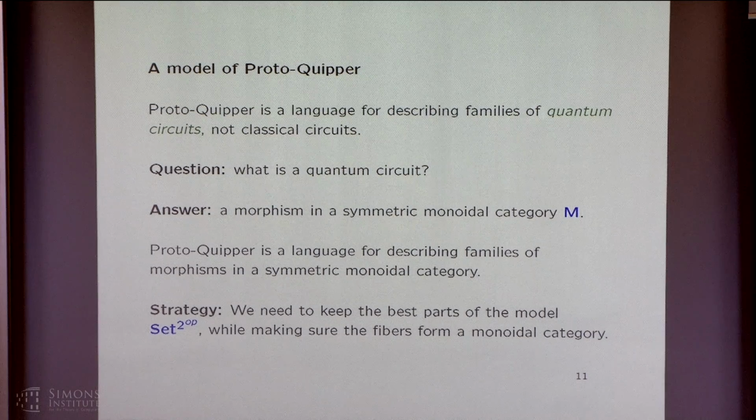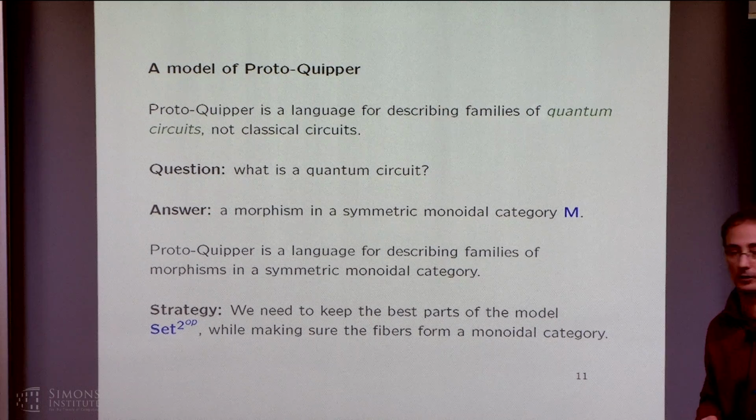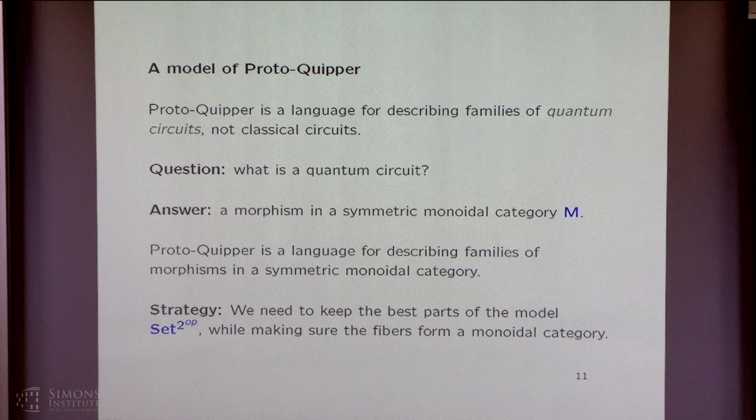Now I could go and define it, okay, like it's a certain pictorial diagram made up from boxes or whatever. But actually, it's much better to take the abstract point of view and say, a quantum circuit, definition. Let a symmetric monoidal category of quantum circuits be given. Okay? A quantum circuit, therefore, is just a morphism of a symmetric monoidal category. So the whole language can actually be described at this generality. It doesn't matter what your category of quantum circuits is. It only matters that it's symmetric monoidal. So you take your favorite gate set, take quantum circuits over qubits or qtrits, or have bits in there also and measurement or whatever.